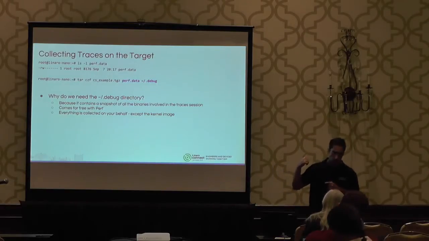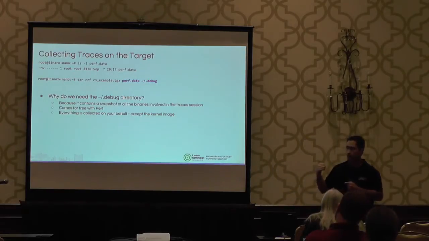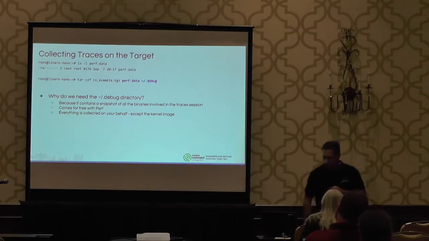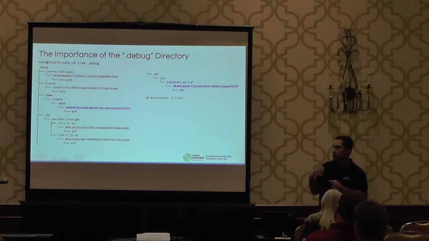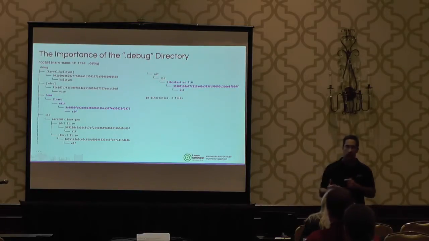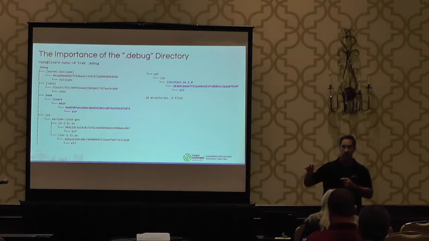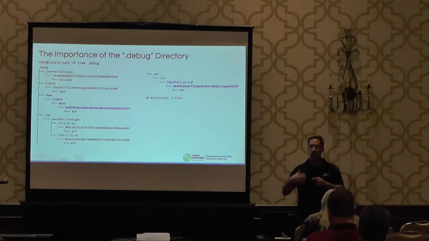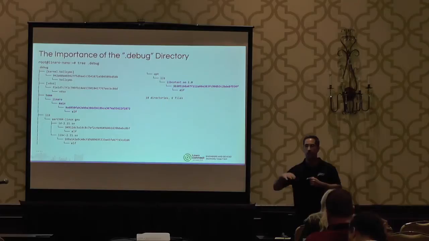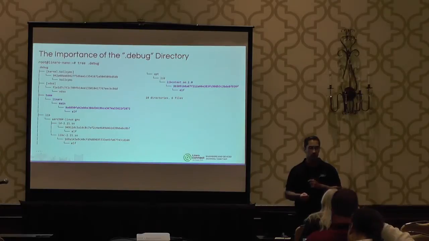So obviously, perf.data is important for trace decompression, but also the .debug directory. So why the .debug directory? In there are all of the libraries and binaries that were involved in the trace session. This is inherent to Perf. This is one of the advantages of using Perf. We don't have to guess all of the binaries or libraries that were involved in the session. Everything is collected for us by Perf. The only thing you have to do is harvest the .debug directory, package that with the trace data, and you're all set. You'll be able to do the decompression